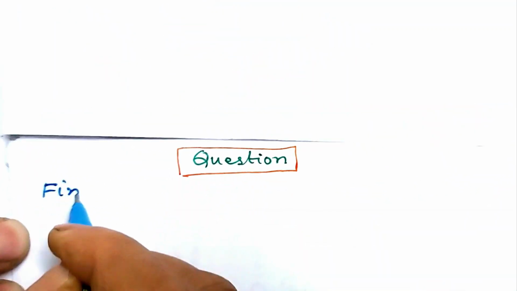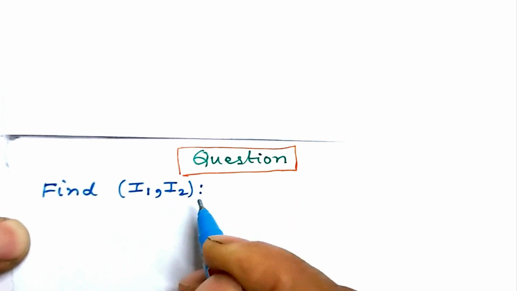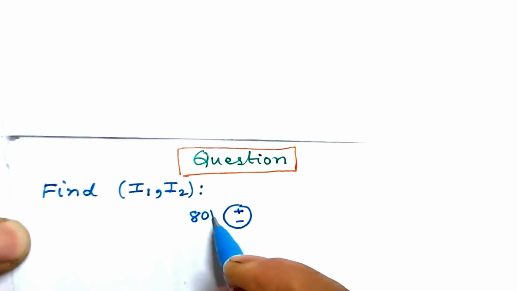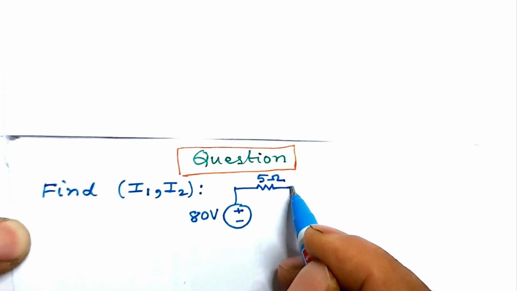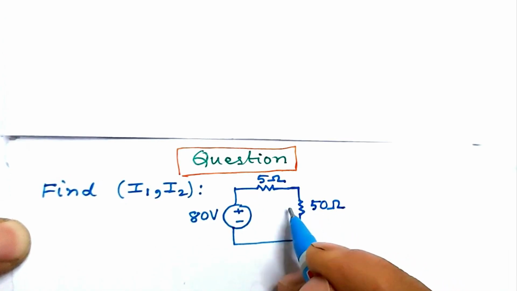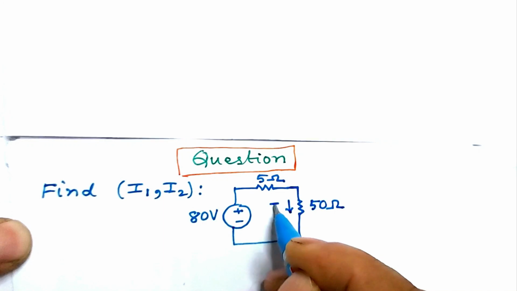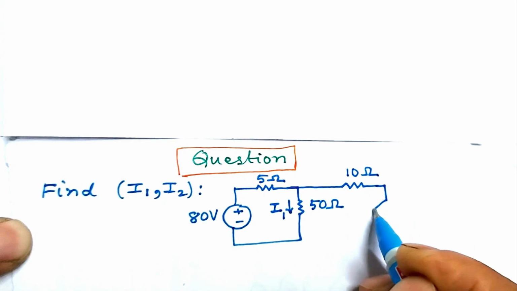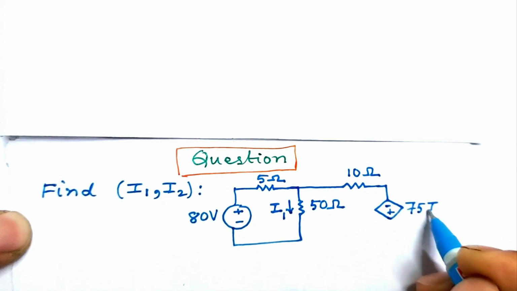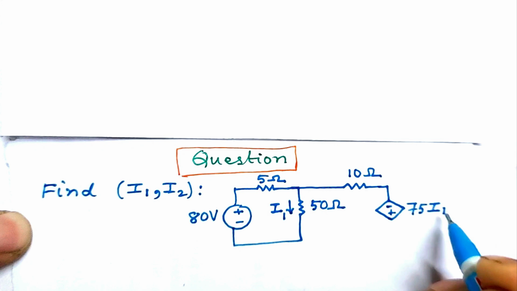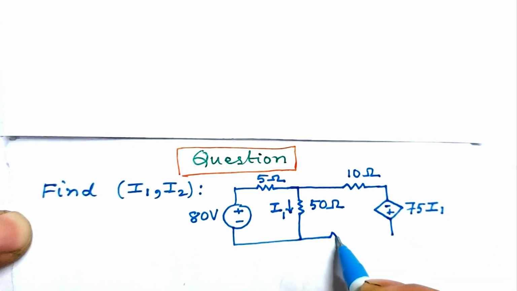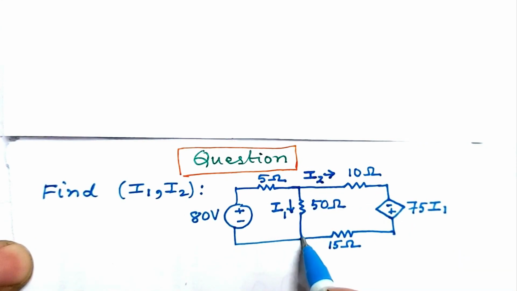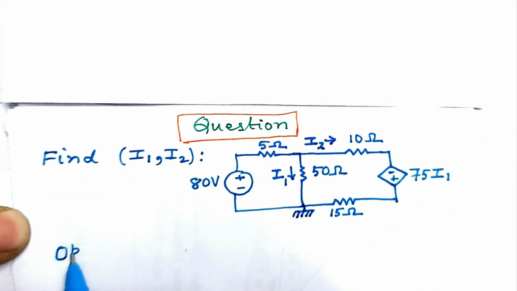Next question: find I1, I2 in the circuit that we draw now. This is 80 volt voltage source. This is 5 ohm resistance, this is 50 ohm, and current is along this direction denoted by I1. This resistance is 10 ohm and this is a voltage source 75 I1. In fact, it is a current dependent voltage source and this is a 15 ohm. Current across 10 ohm is I2. This node is grounded. The options are: